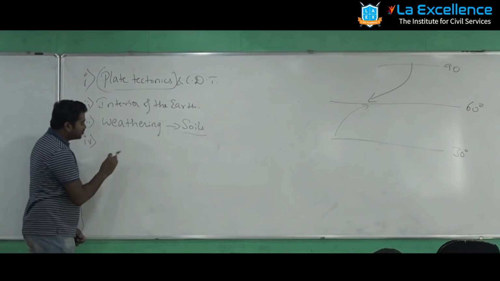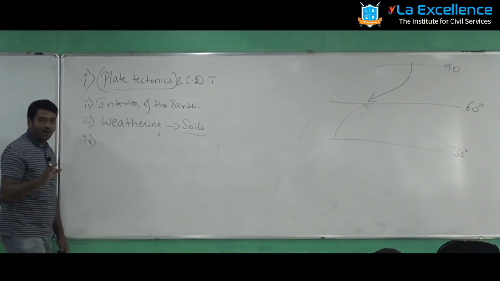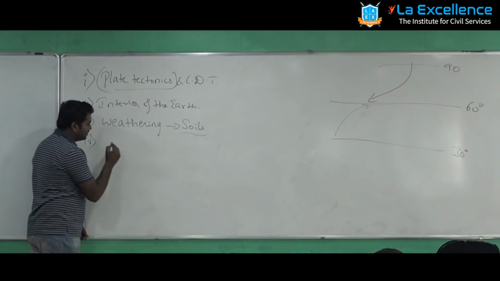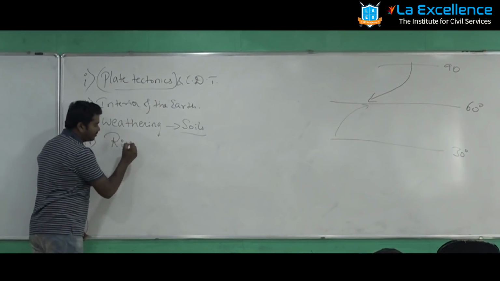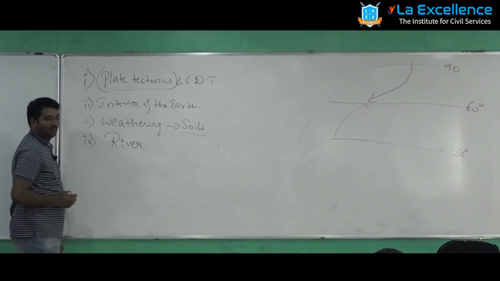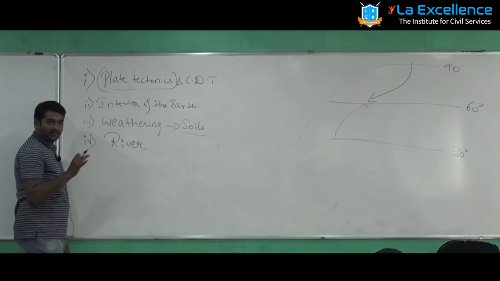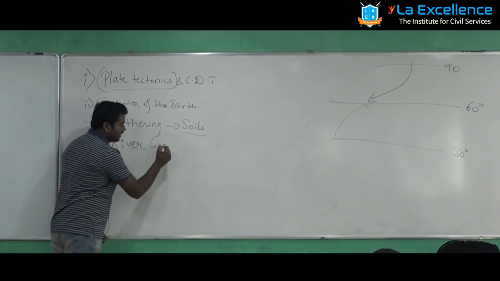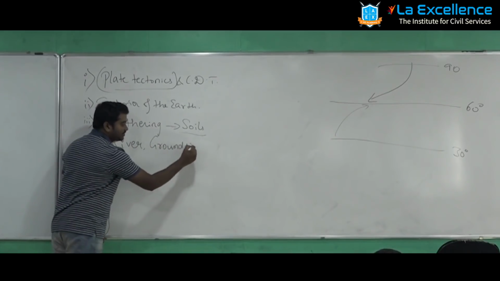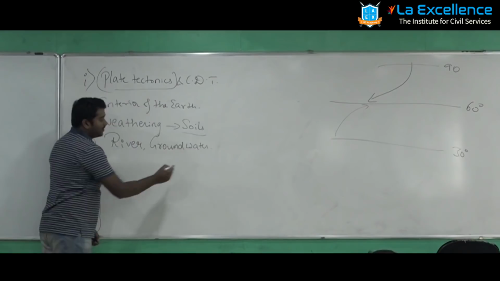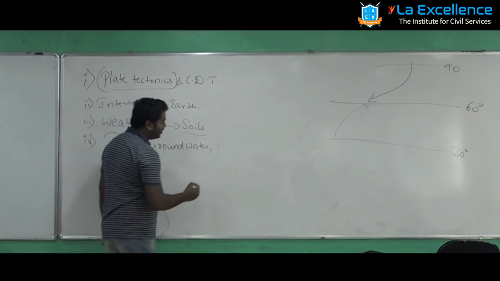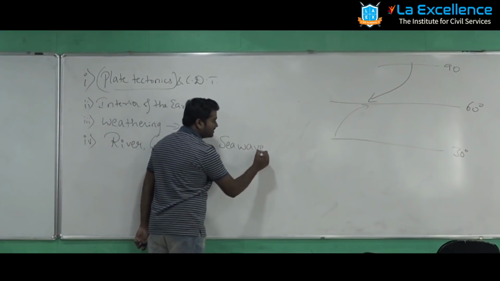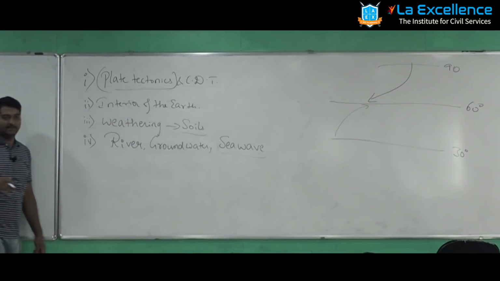Fourth, erosional landforms and all, normally they won't ask you for mains, but you can look at river erosion. Right? In India, river erosion becomes important. Groundwater, that is karst topography, has become important. And when we are talking about the Sagarmala project and all, one important thing, sea wave erosion, is considered a lot. Next,